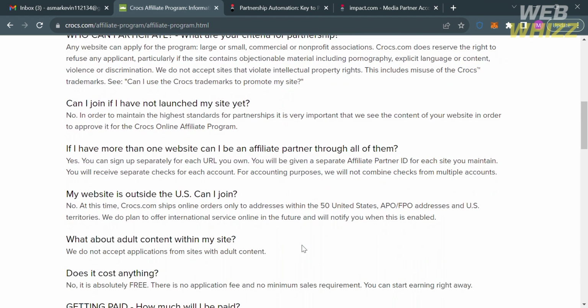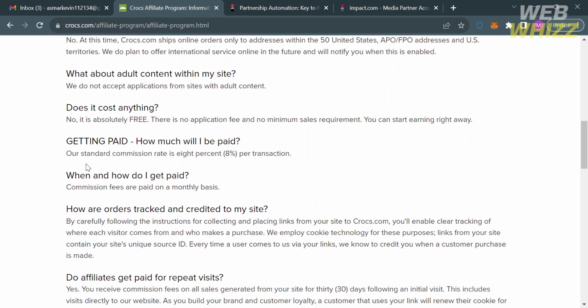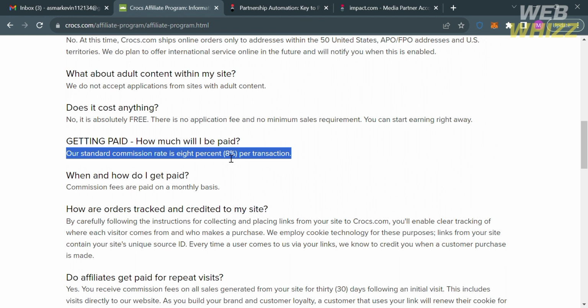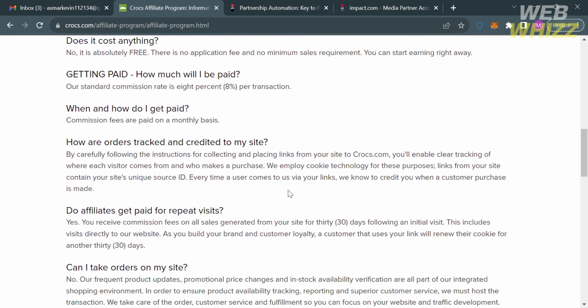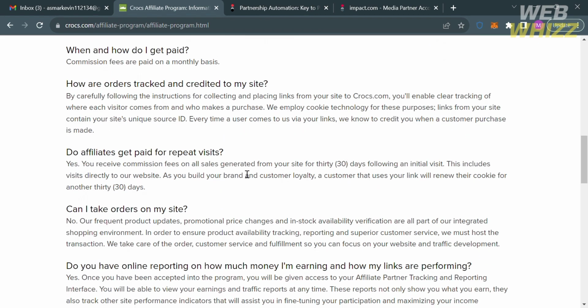For example, the question, getting paid, how much will I be paid? And it says here that the standard commission rate is 8% per transaction. So that is the possible commission rate that you will get if you're eligible to be part of their affiliate